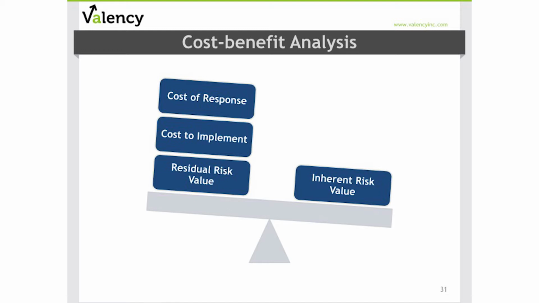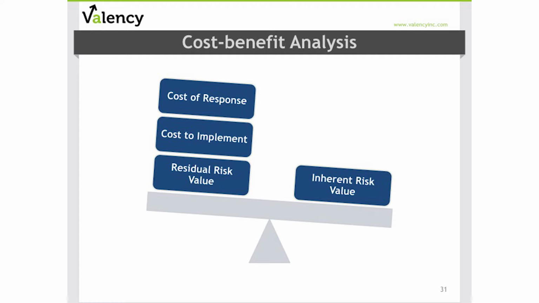We then have to consider the cost of responding to that risk, as well as the residual risk value. The costs include both the cost to respond to and the cost to implement, and the residual value refers to how much risk remains after we've implemented that response. In most cases, we can mitigate risks, and that will reduce it from, say, a high to a low risk rating, but even when it's reduced to low, the risk probably still carries some value.